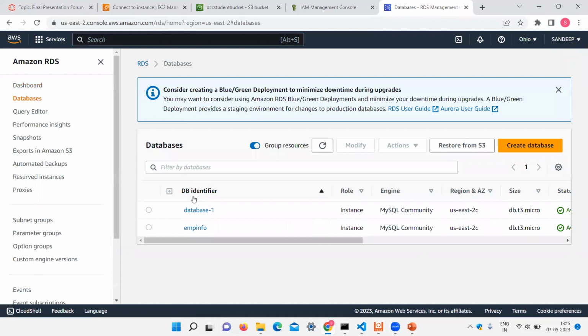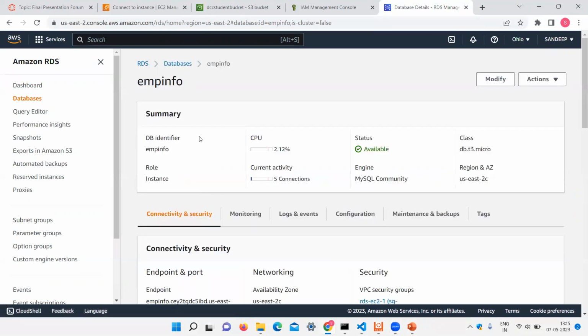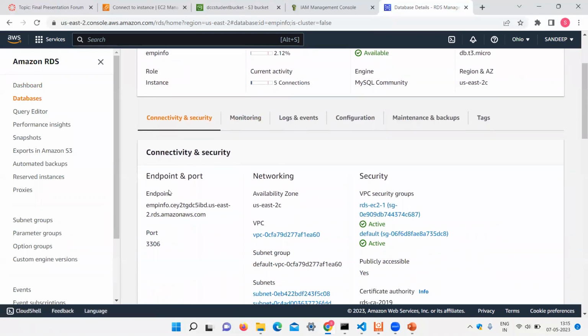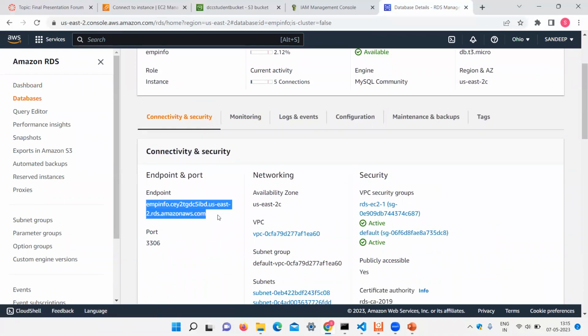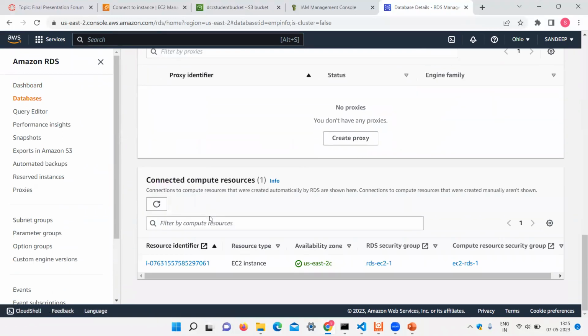Later, we will see how these databases look with the help of the command prompt. Now we have stored it in EMP info. It is a database that stores the data of the passengers entered through the application, and this is the endpoint which is used to connect the RDS with the EC2. This RDS is connected to the EC2 instance because